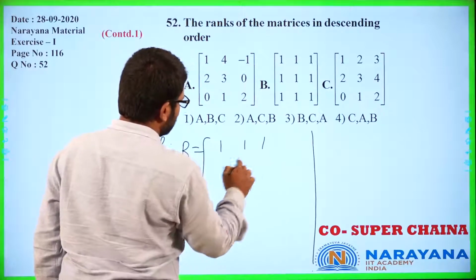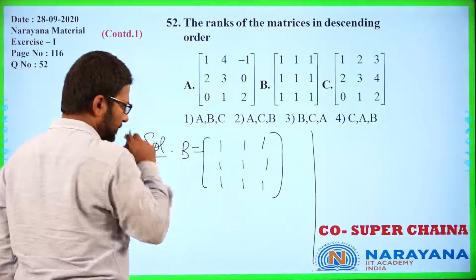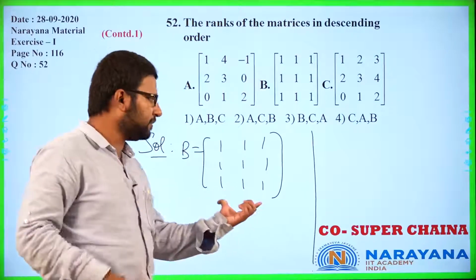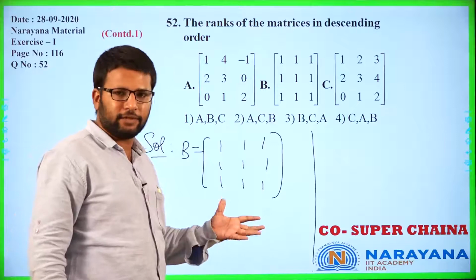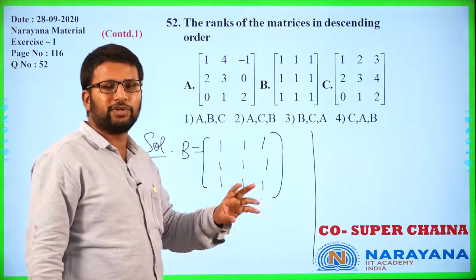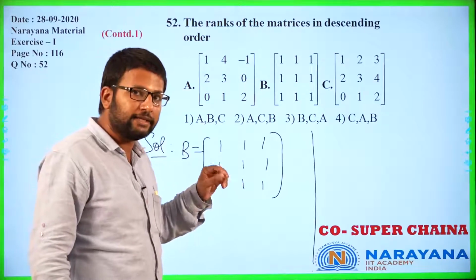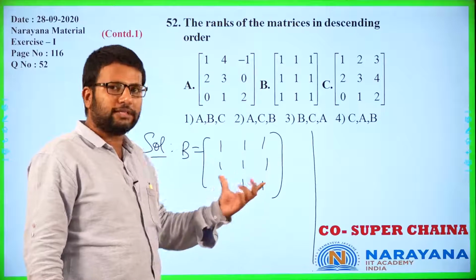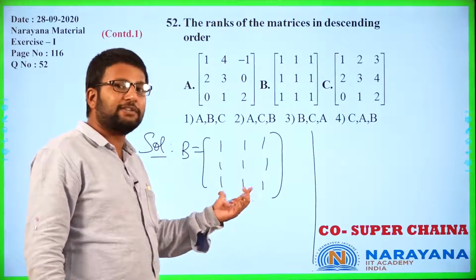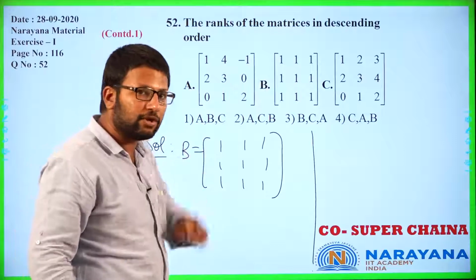B, I hope, is pretty straightforward. First thing you have to realize is the determinant of B would definitely be 0. Two rows or two columns are identical, therefore 0. But if the determinant of a matrix is 0, you cannot be sure whether the rank is 1 less or 2 less, meaning the rank of this 3 by 3 matrix, whether it is 2 or 1, we cannot be sure. So you need to try and get the echelon form.